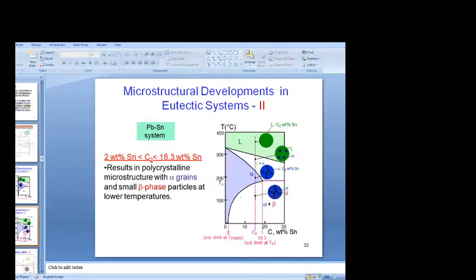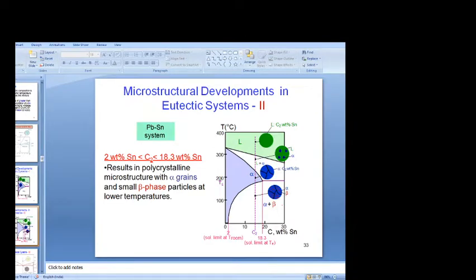And that is how the development of the particular microstructure is taking place from one phase to another phase, and that result is showing in the alpha and beta phase. As you can see, the development of that beta phase in that solid alpha phase is taking place in the dotted lines in the red mark. On continued cooling, this particle will grow in size because the mass fraction of this beta phase increases slightly with decreasing temperature, and that is how the progression is taking place.